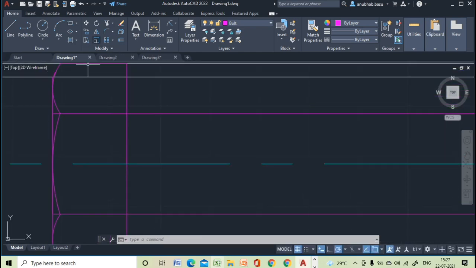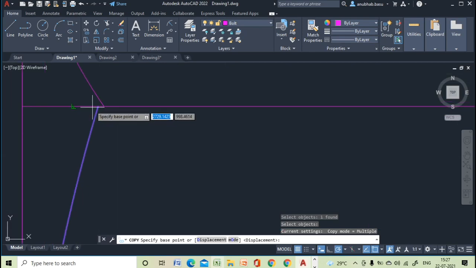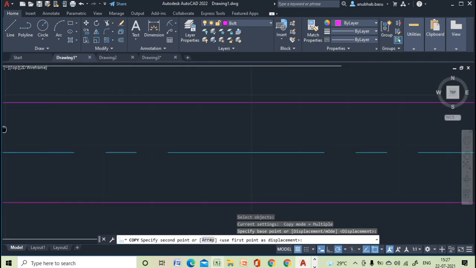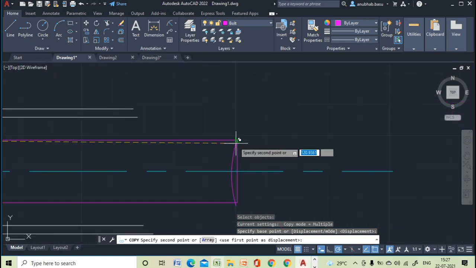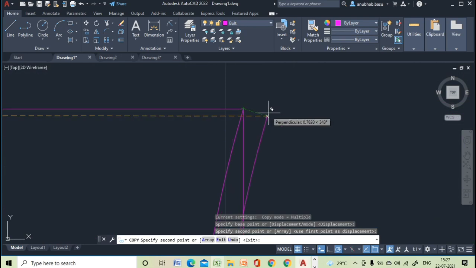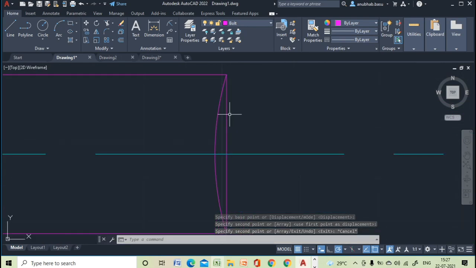One thing we can do, we can copy this object and say this is our base point. Now what we'll do, we will mirror this one.